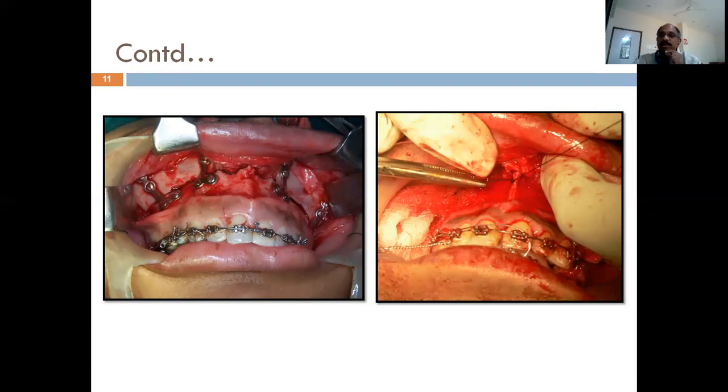So by doing this alar cinching, the alar base widening is reduced, so the patient will have a normal nose, or else the patient will have a very flared up nose. So that can be prevented by doing what is called the alar cinch procedure. Always, in all maxillary procedures, be it your segmental osteotomies or your Le Fort osteotomies, we have to do alar cinch, so as to prevent the alar base widening.